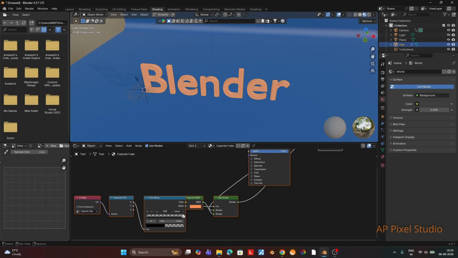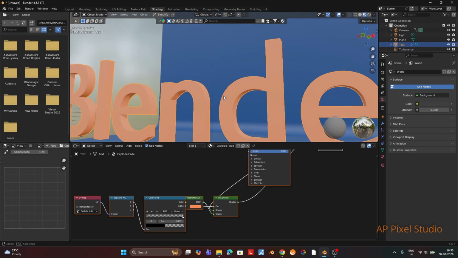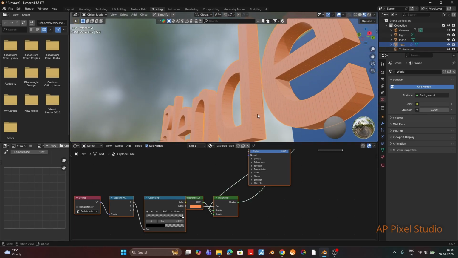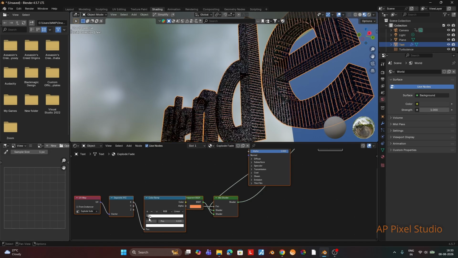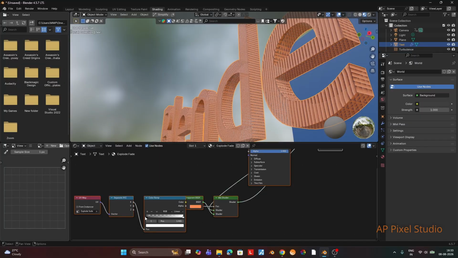If you adjust the color ramp's black side, moving it reduces the transparency, and if we keep it near the white one, the transparency is removed. If we move white to the black side, more transparency happens.